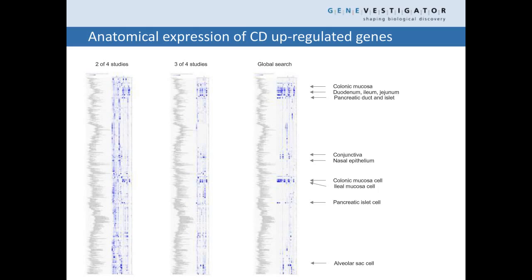this figure here, where we perform the global search of Crohn's disease against all the other diseases, what is interesting is that these genes found were all expressed in tissues that were very relevant for the disease. So they had a very strong expression in colonic mucosa, also the small intestine, pancreatic duct, the conjunctiva, nasal epithelium, but especially also in extracted colonic mucosa cells and pancreatic islet cells, and also here alveolar sac cells. So these are all cells with some epithelial